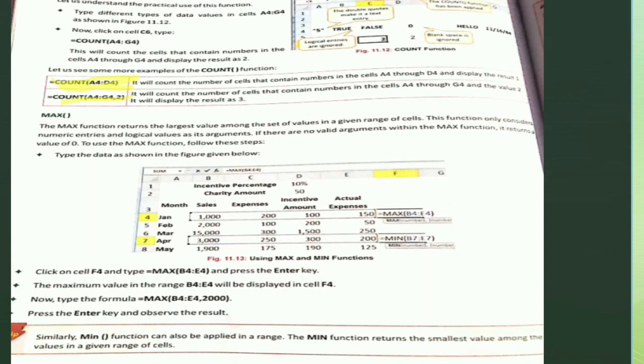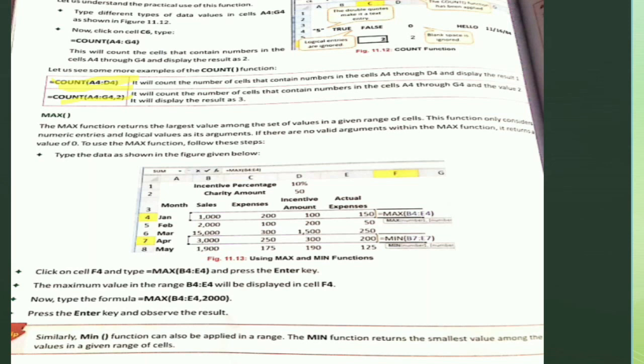Clear? Now in the table you see it is written count A4 to D4. It will count the number of cells that contain numbers, and then we have count A4 to G4 comma 2. First we move on to A4 to D4. It will count the number of cells from A4 to D4 and display the result.